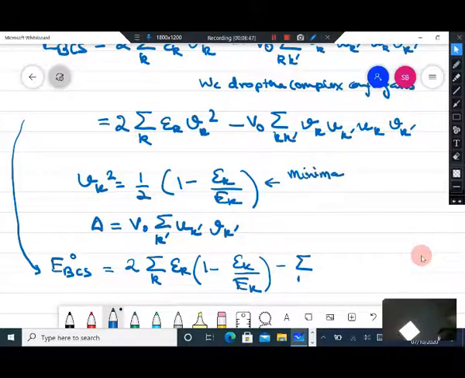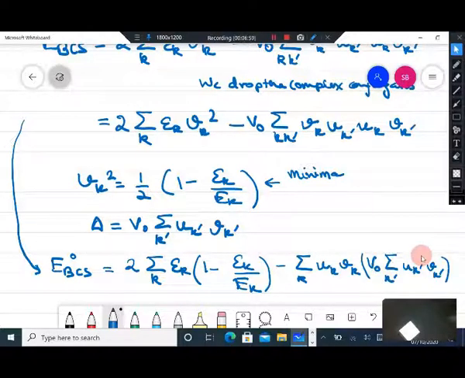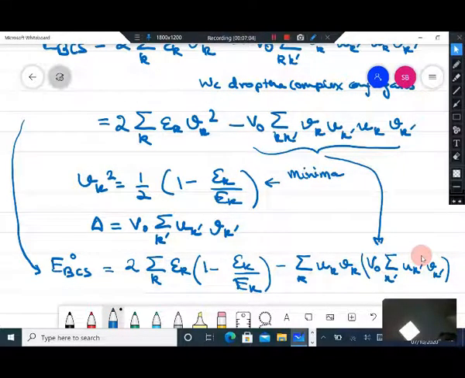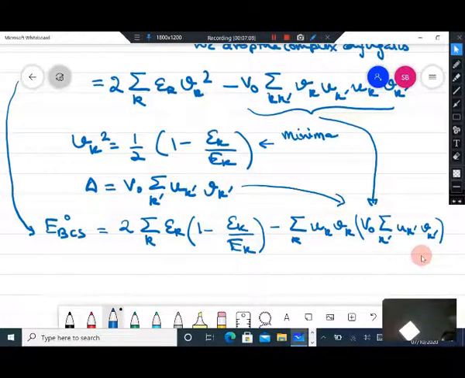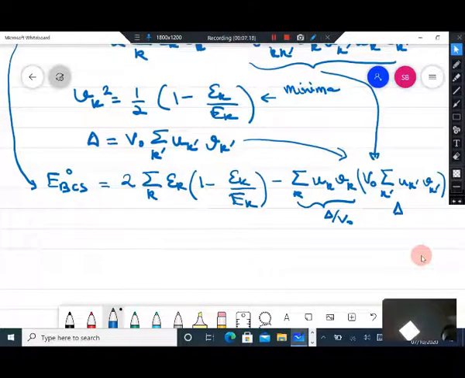We can separate it out, summation over k UkVk, and this is V naught summation over k prime Uk prime Vk prime. Okay, the same summation, the same term, we just write it like this, and you can now put these values in. This would be nothing else but delta, and this term is delta by V naught. Okay, so your E_BCS term can now be written as